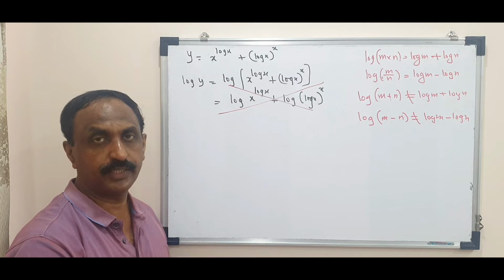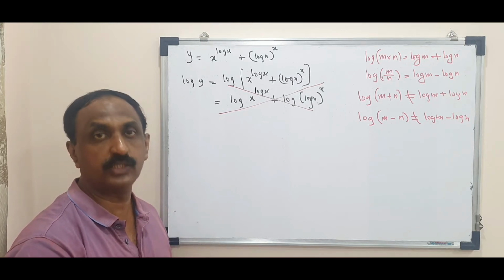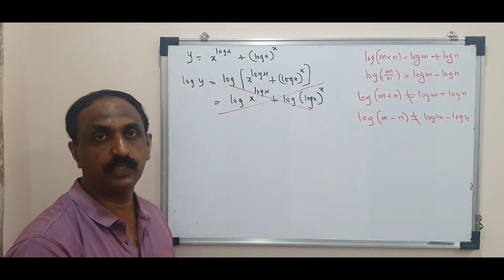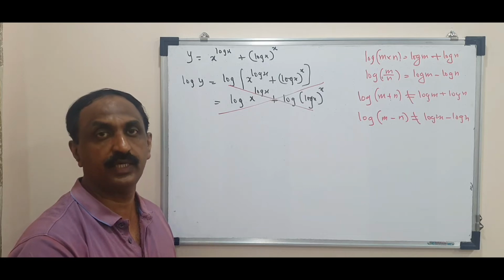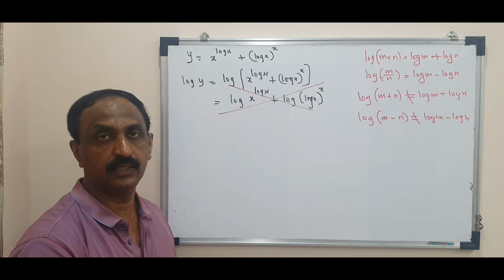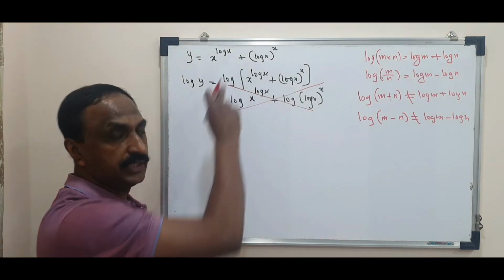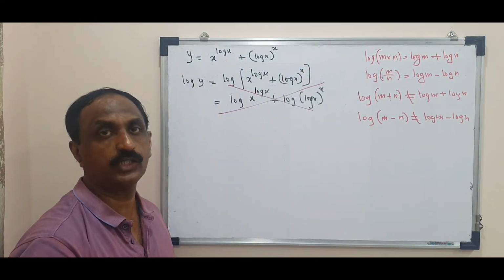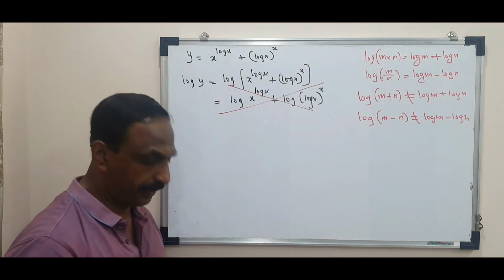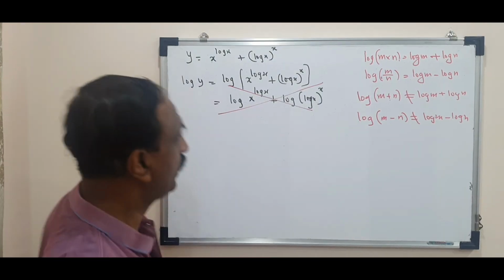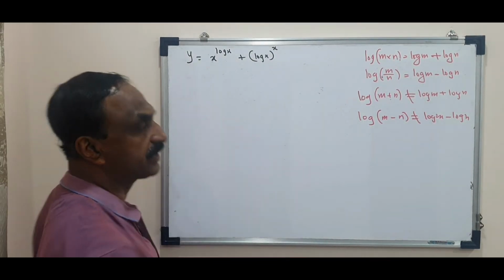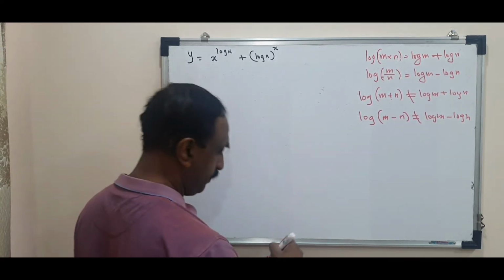To avoid this mistake, you have to remember it. This whole module is for that purpose. And almost every year in board examinations they ask this kind of problem where you are likely to make a mistake. So please note this: if the functions are connected by addition or subtraction, direct log cannot be taken. Then what will you do? We'll have to differentiate each term. Whenever there's a plus sign, what do you do?